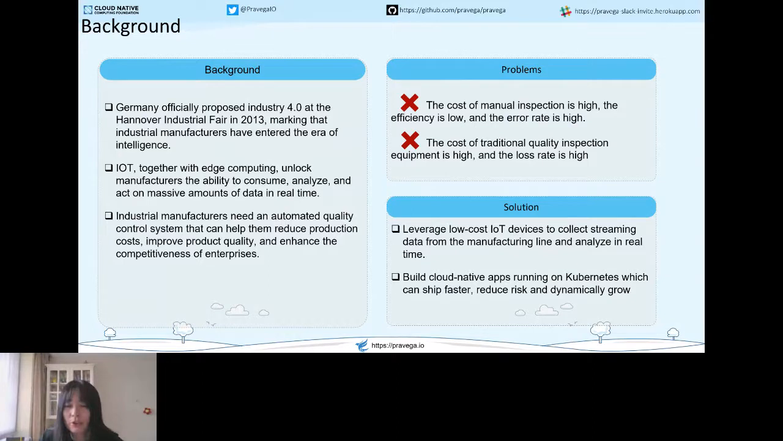Let's check the problem. The traditional manufacturers do quality control generally in two ways. One is manual inspection by skilled workers. As the wage of the worker is rising year by year, the cost is getting higher and higher, not to mention the low efficiency and the high error rate. So they expected the new system can enhance their overall product quality, increase their throughput, mitigate obsolete and cumbersome manual